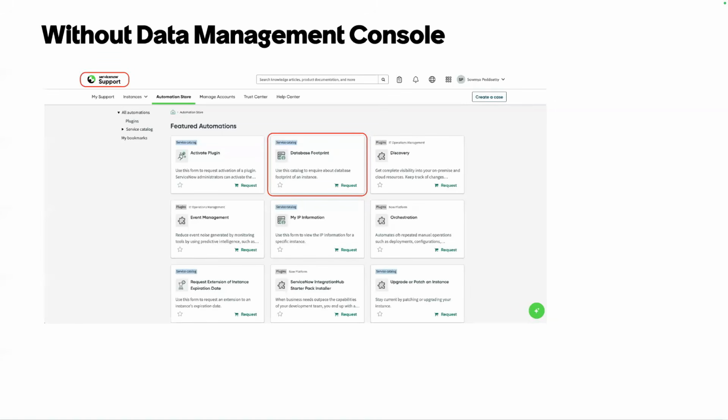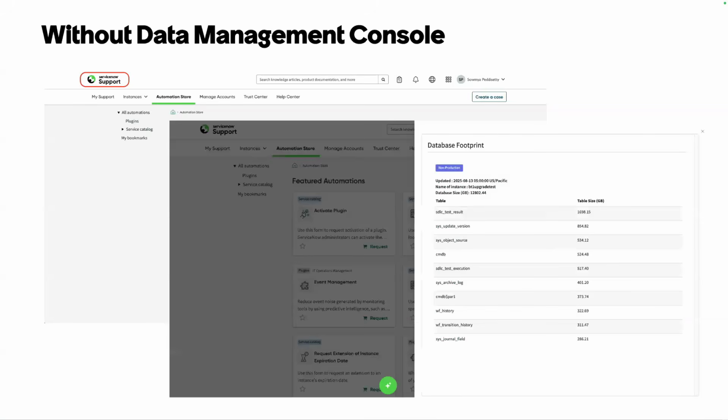So far, before the data management console, one way to look at the table sizes or data usage of each table on the database is to go to support database footprint and then look at the sizes of the top 10 tables, which are the physical tables based on each of their instances. And this gives a very high-level view of the top 10 tables that are occupying the data, but this is not enough to take decisions